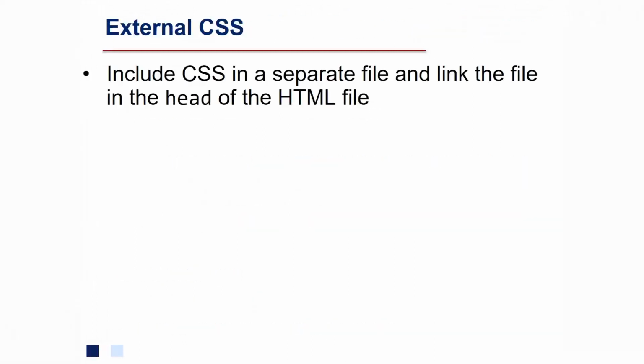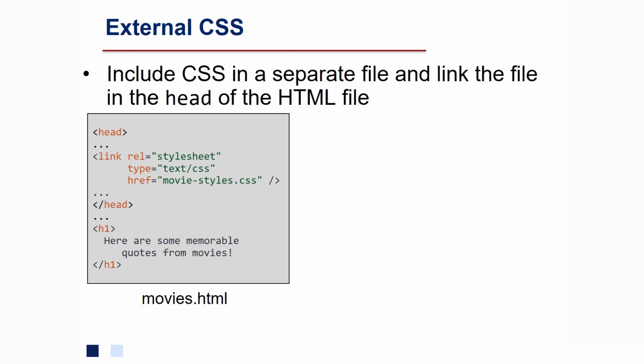Which leads us to the third approach to including CSS in our HTML pages, which is the external CSS. In this case, we put CSS in a separate file, and then we link it or include it in our HTML page using a tag in the head of the HTML file. So here we have movies.html, and within the head, we have a link element. The link element tells the browser, go get this other file, link to this other file. In particular, it's saying, go get this file,